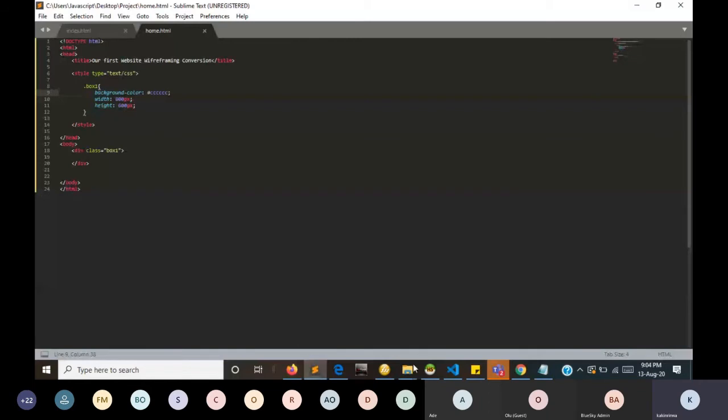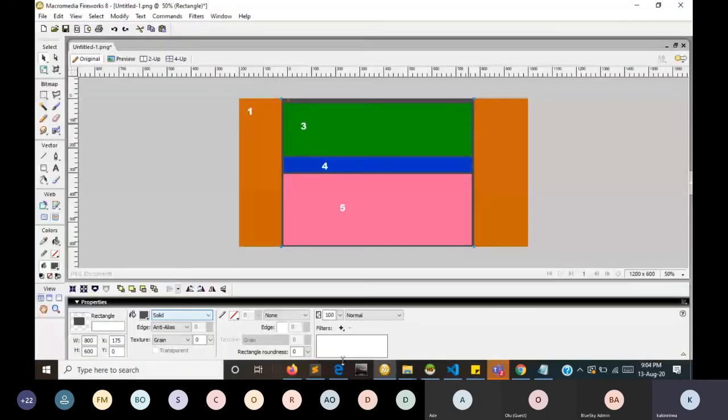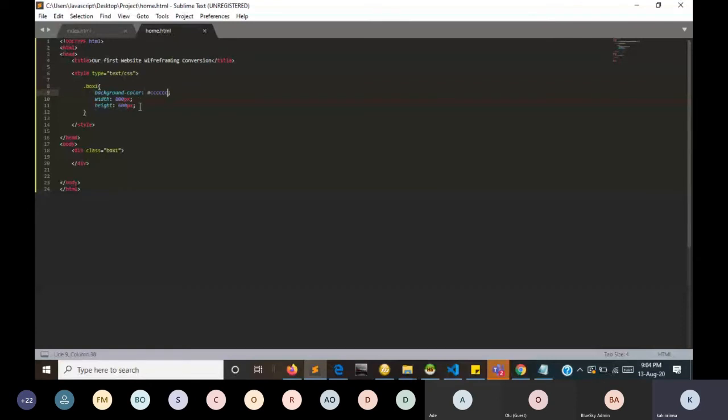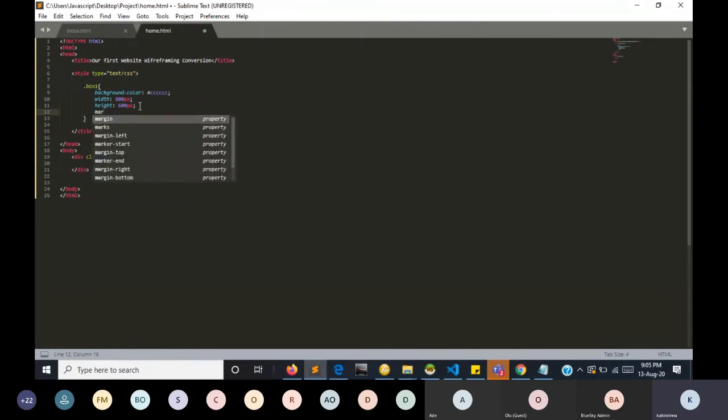That's our box. Now, you can see the box is actually centralized. This is where you start adding some beautiful things from experience. You need to put a margin at the left and the right to be equal, automatic. So no matter the size at the right and the left, you want the margin to be equal. Meanwhile, your item will be in the center. So you need to do a margin